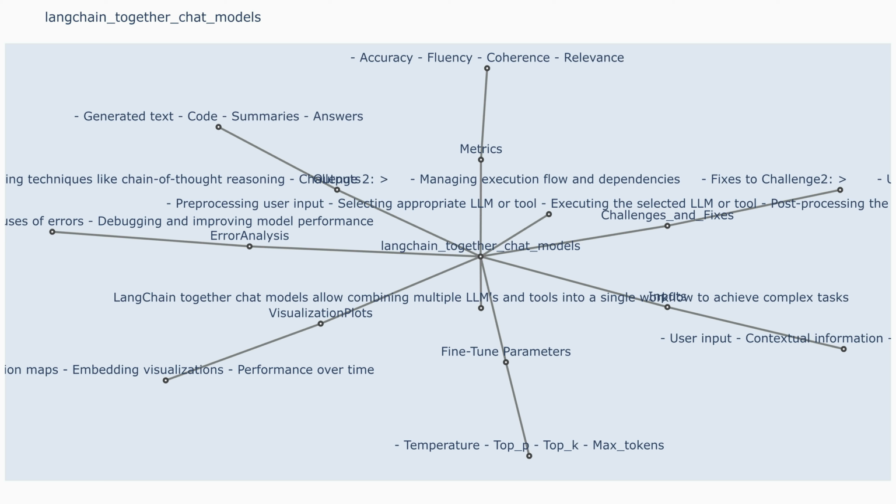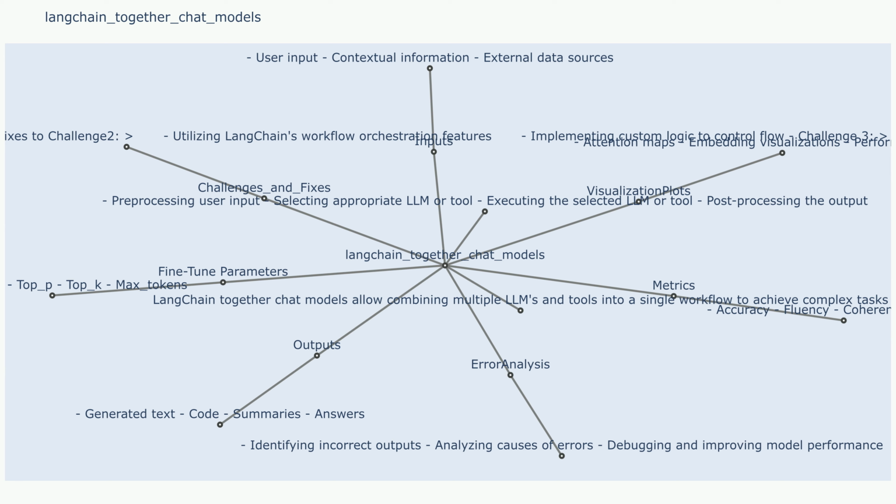Langchain together chat models. Description: Langchain together chat models allow you to chain together multiple chat models in a sequence, enabling more complex and nuanced interactions with users. This can be especially useful for tasks that require multiple steps, different expertise, or a combination of factual information and